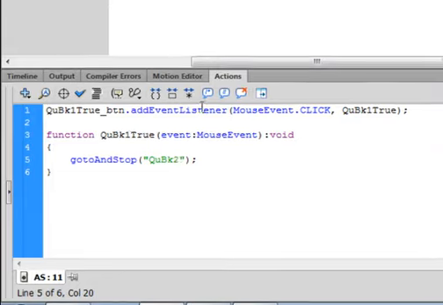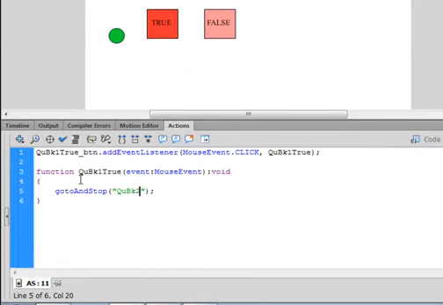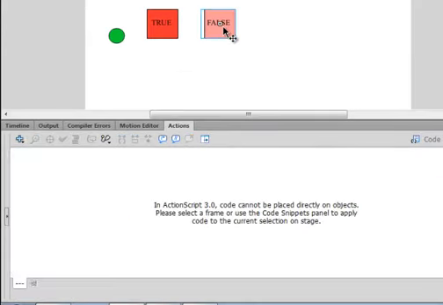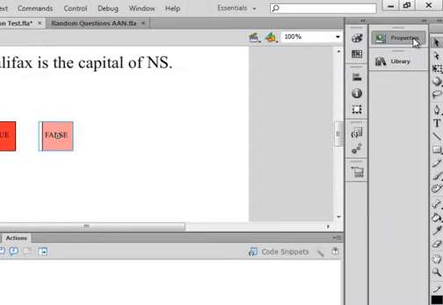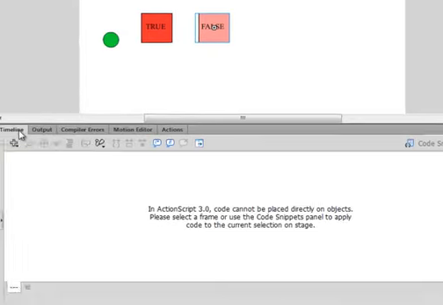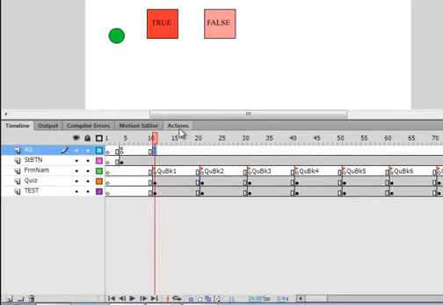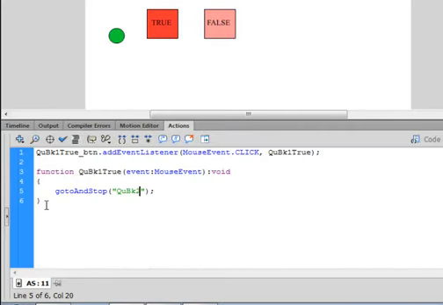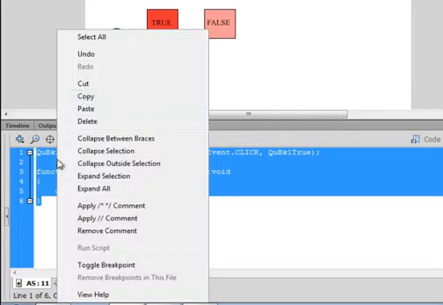Okay. And we want to make the same code right now for the false button. If I click the false button, I can get the name here, or I could have just copied and pasted. I know it's called false. So go back to the actions panel. Select all this, copy it,